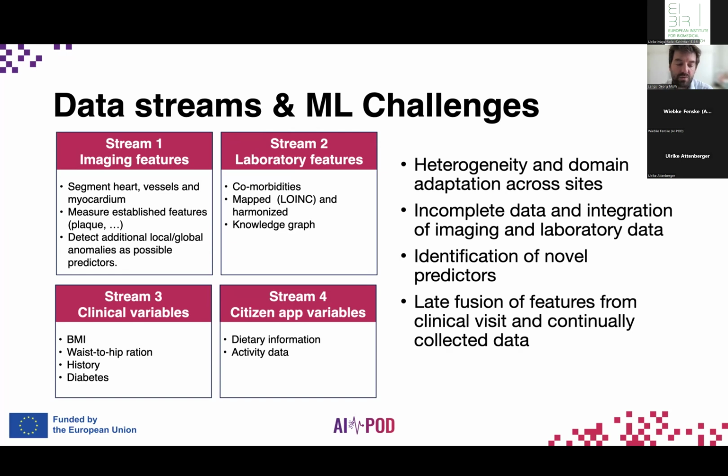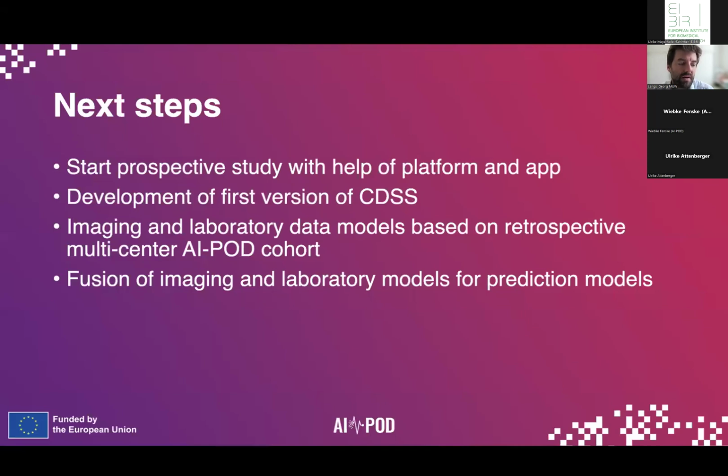We would like to really focus on identifying novel predictors. I think Wiebke already mentioned that there is the potential to improve our current assessment of the risk. And then there is this challenge about the late fusion of features, where we say, well, we have one big feature vector coming from the clinical examination, and we'd like to integrate that with the continually collected data of the fitness tracker. So the next steps are, from a technical point of view, being ready for the prospective study, having